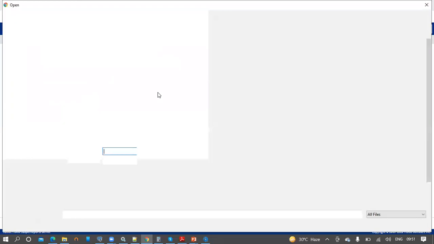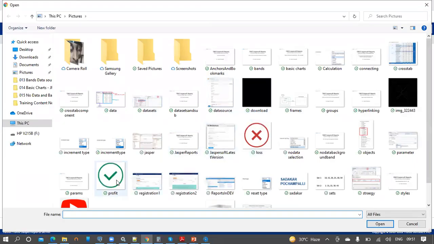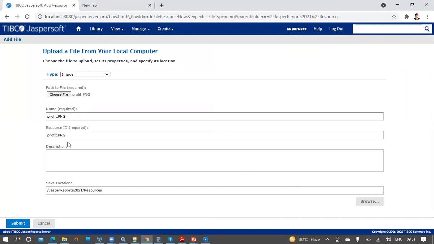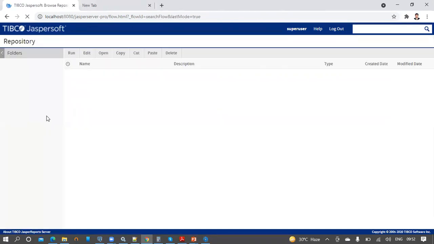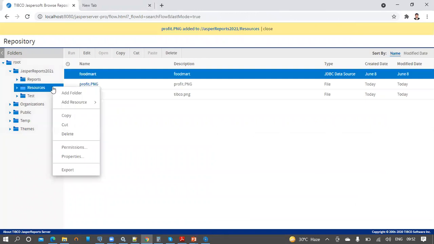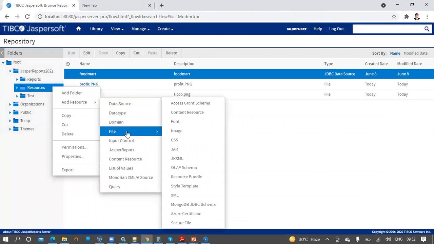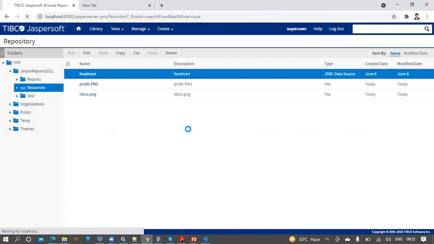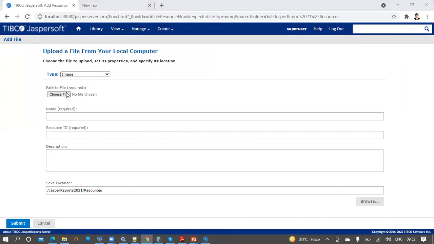So right click on the resources folder, add resource, file, then image. Now choose the file for profit. I am going to indicate the profit image using this icon, and we can see the properties of the PNG image format. So submitting, then again select the final image for our demo, that is the loss image.